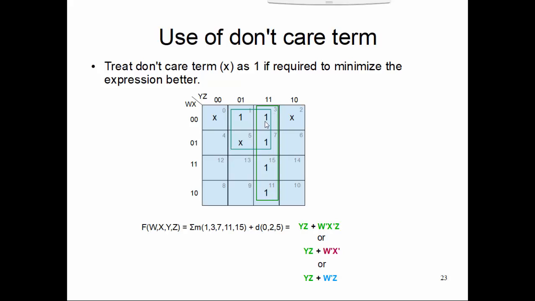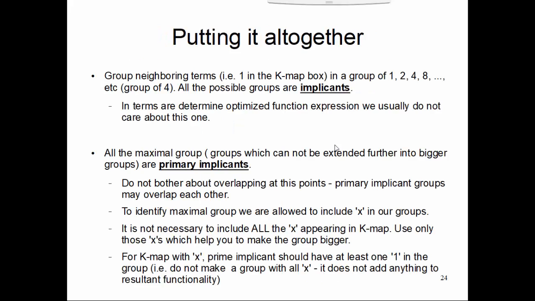Now, putting all this together, point by point. Grouping of the neighboring terms: 1s in the K-map boxes, groups of 1, 2, 4, 8, powers of 2. All possible groups are implicants. Then, to determine the optimized function expression, we do not care about the "in terms" part. So this sentence is saying to determine the optimized function expression, we usually do not care about this one, of course, because we are only caring about